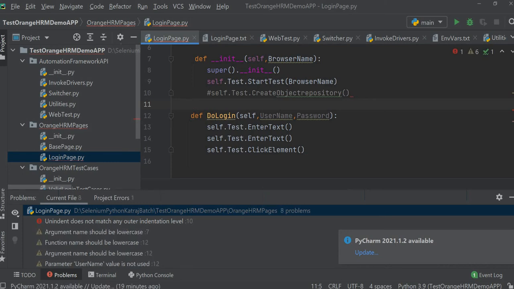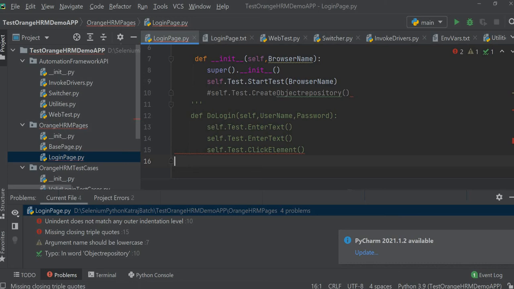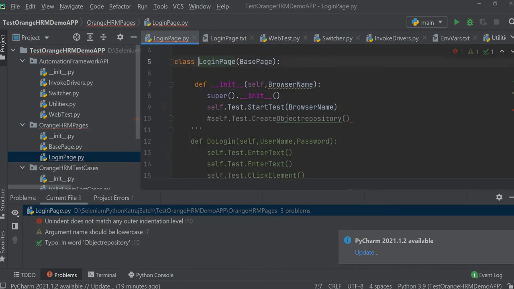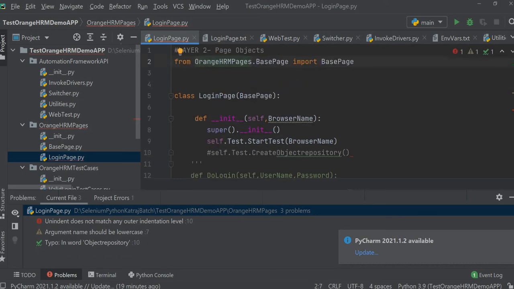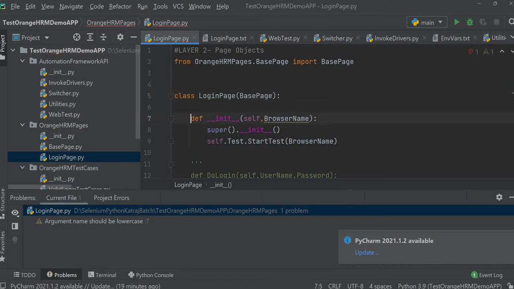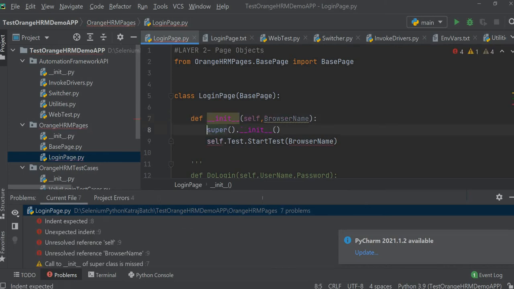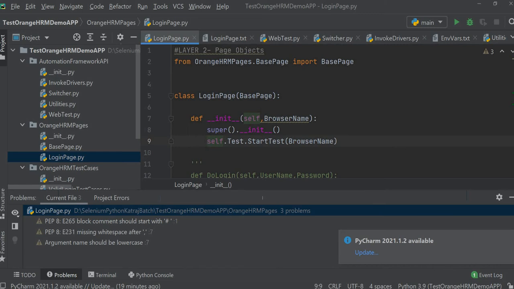These things I had written when I was explaining how our framework will look, but we haven't yet implemented this method, so I'm just commenting it out. Once we implement it, I'll uncomment it. Okay, now it still has a problem with the indentation out here. Let me correct it. Yes, now everything is fine.